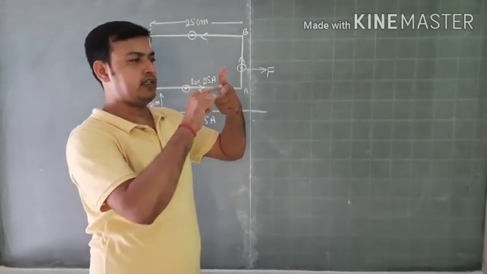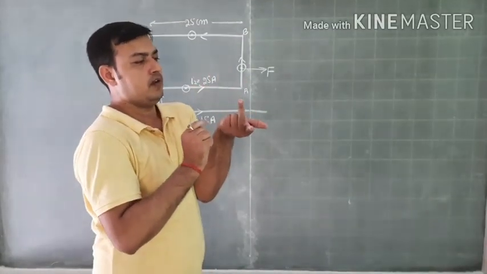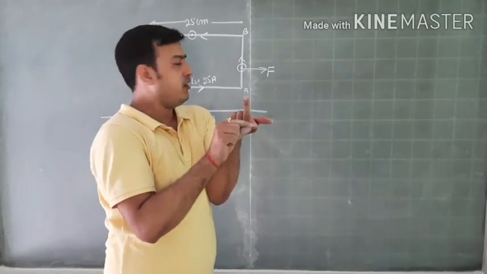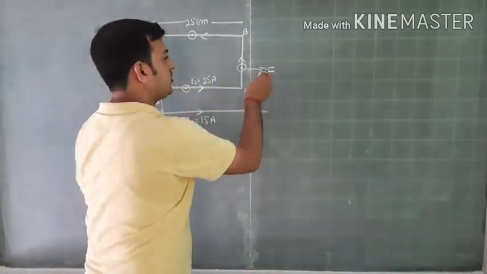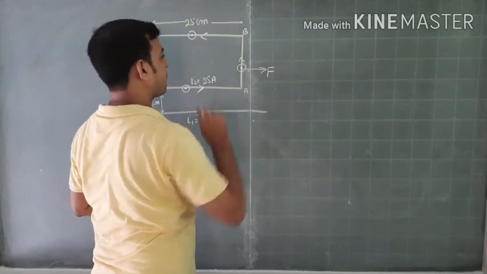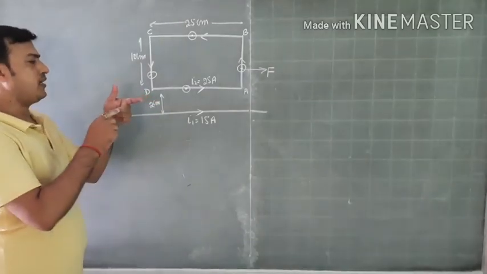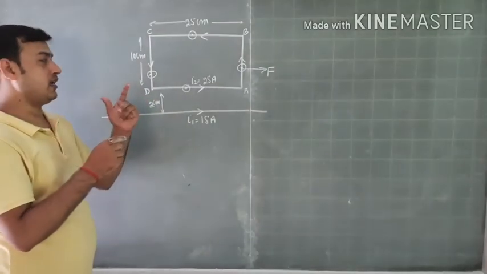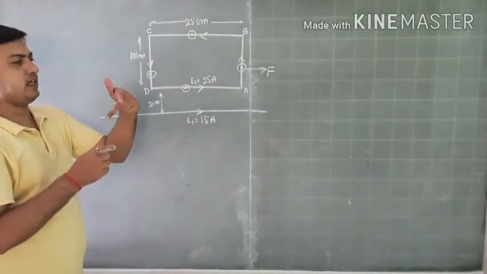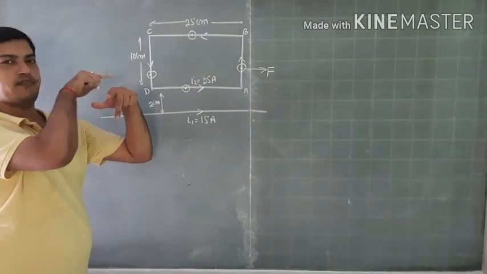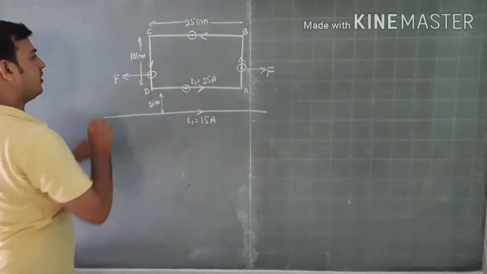So the magnetic field is outside, so this is the magnetic field. The current is in the upward direction, so I have to do like this. So this is the direction of magnetic field outside, this is the current upwards, so the force is towards this direction. This is the force that will act on this arm. Now for this arm, the magnetic field is in the same direction, but now the current is downward. This is the direction of magnetic field outside, current is downward, so this is the thumb and it is the force that will act on this branch.